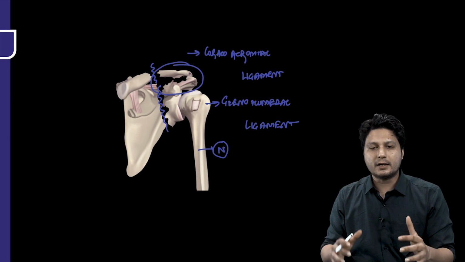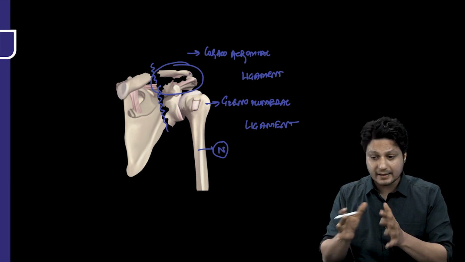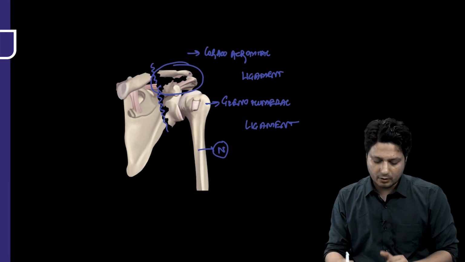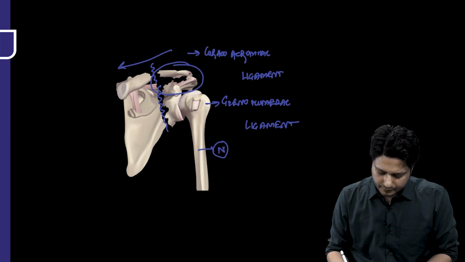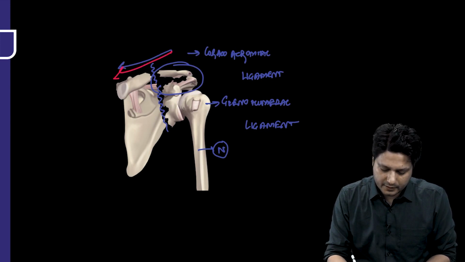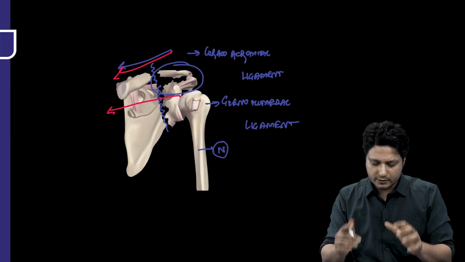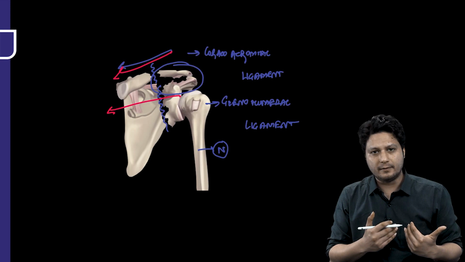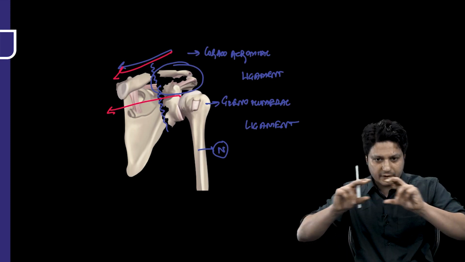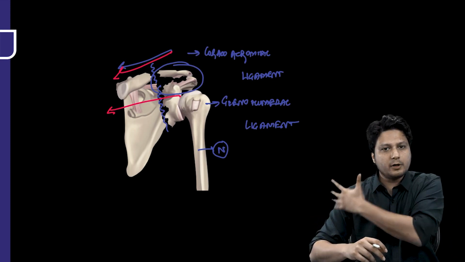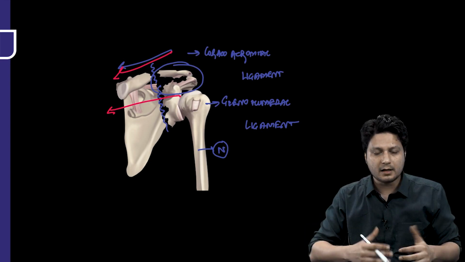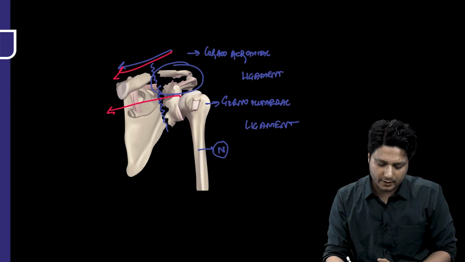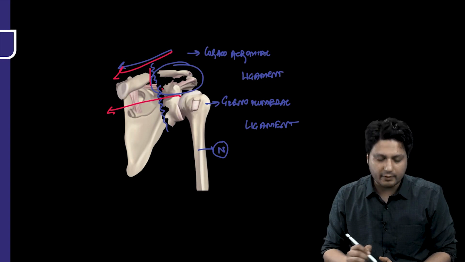Now, first of all, try to understand what do you mean by the term floating shoulder? Why is it kept floating? Because the clavicle and the scapula are the 2 bones through which the entire assembly of the shoulder is connected to the axial skeleton. One is clavicle, other one is scapula, through which the entire assembly of the shoulder joint is connected to the axial skeleton. If there is a fracture or the breakdown in this one clavicle and the second one in the glenoid,